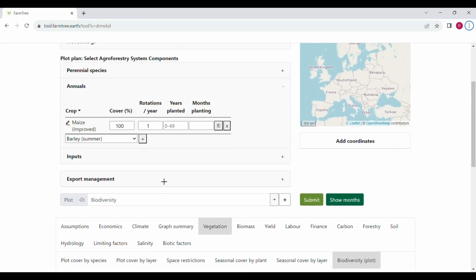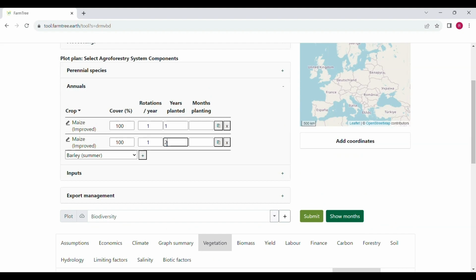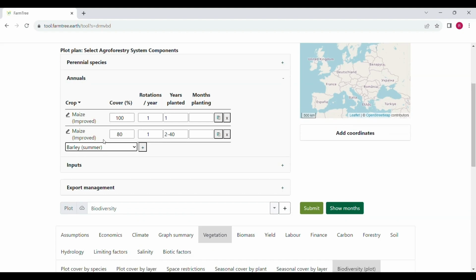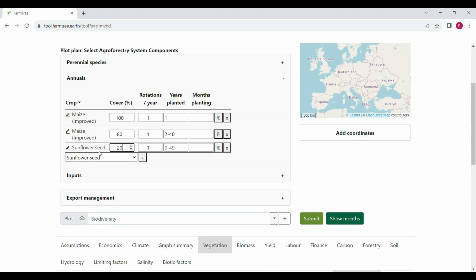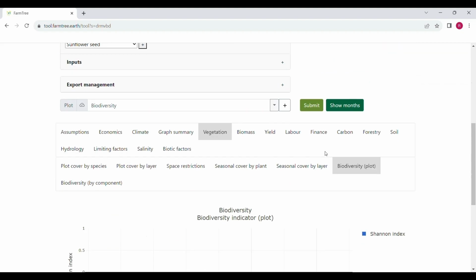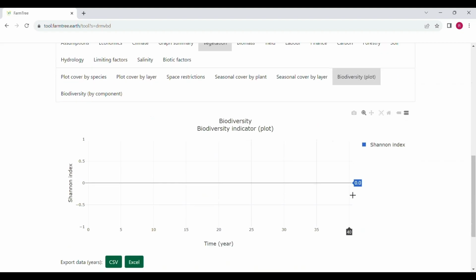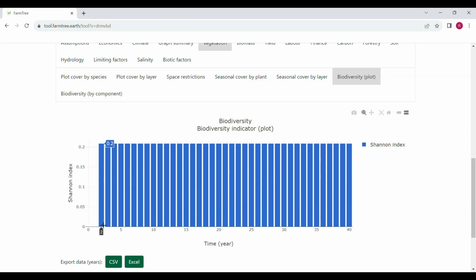So let's say that maize we only grow in year 1, but from year 2 onwards, we sacrifice part of our maize and we plant sunflower seed. And we can see that from the 2nd year onward, the biodiversity goes up according to a Shannon index of